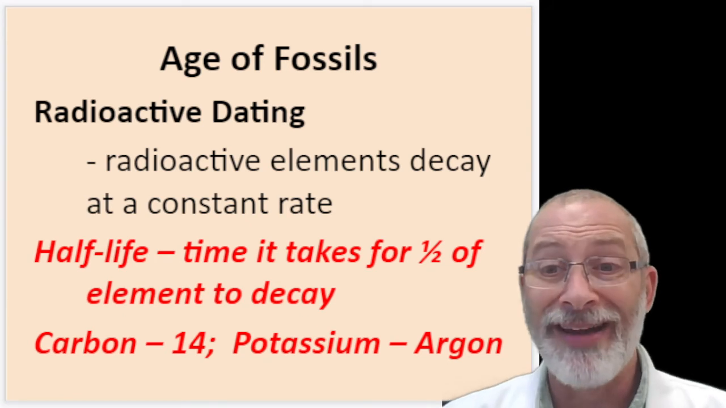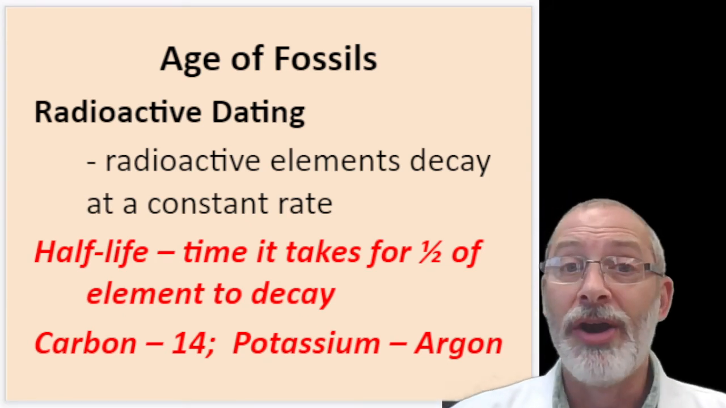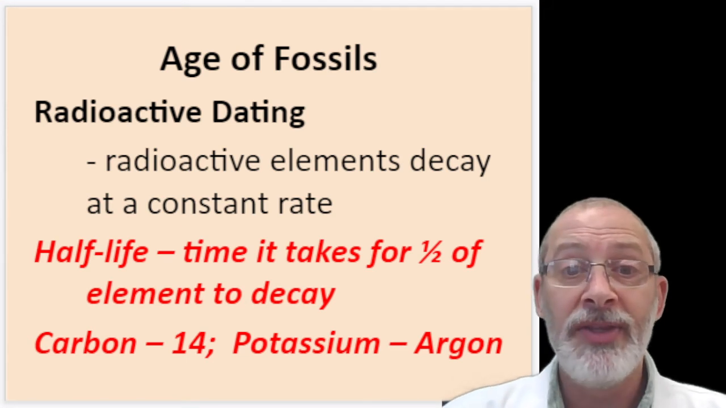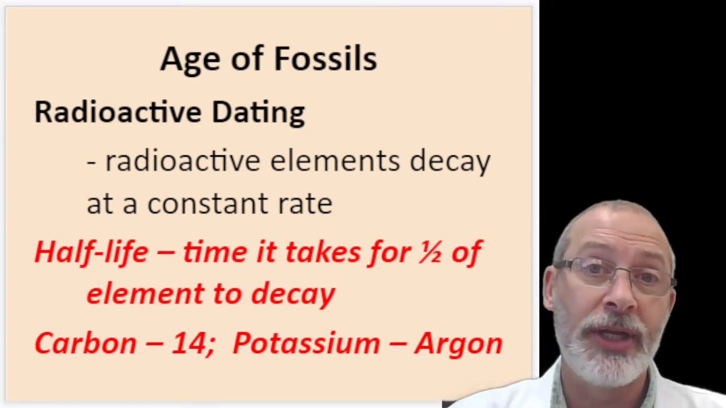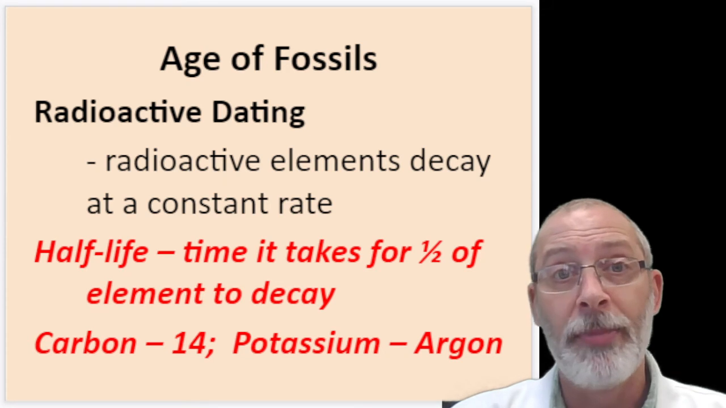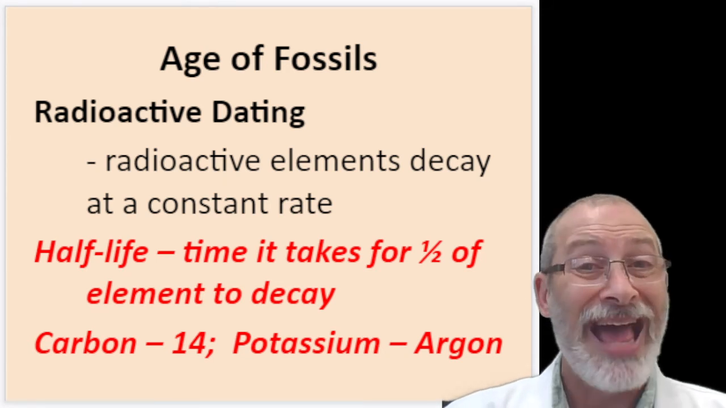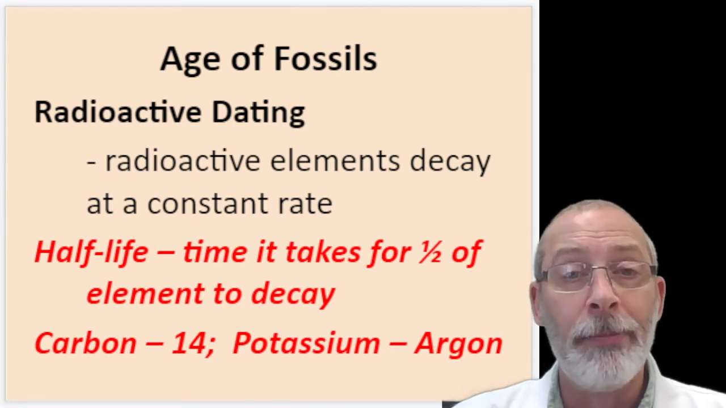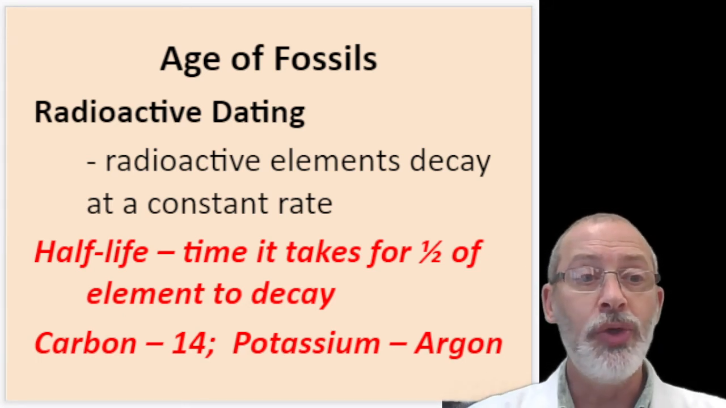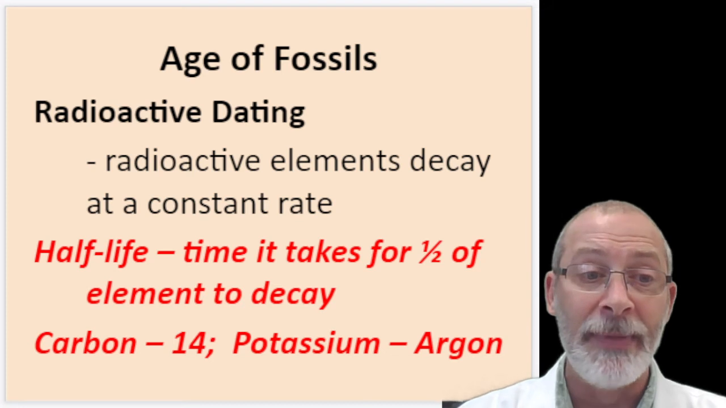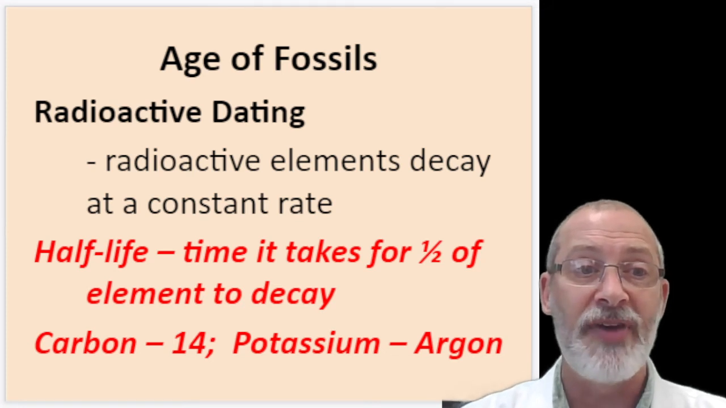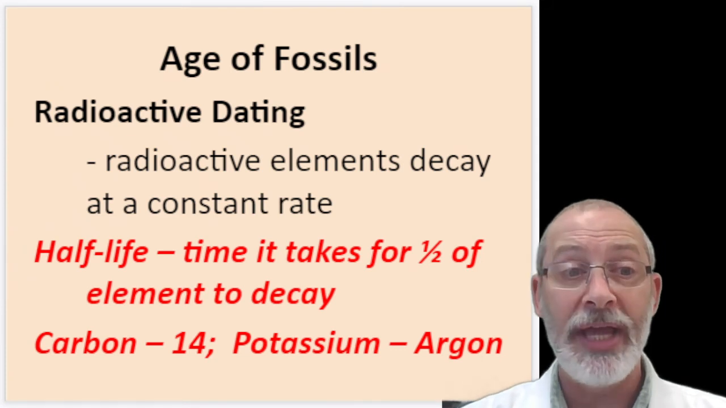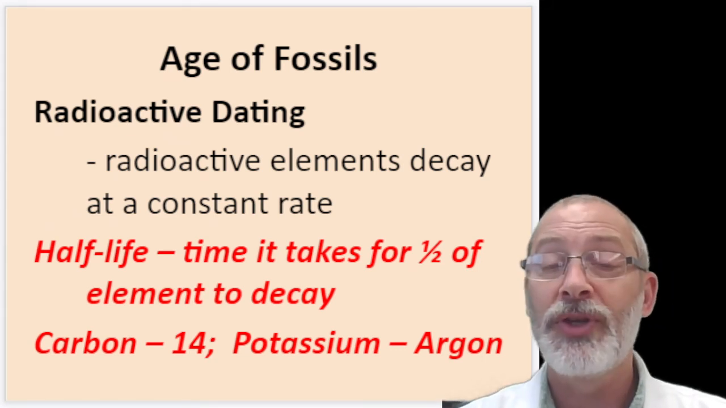Now, when we talk about elements, there are some really well studied elements like carbon, a particular isotope of carbon called carbon 14, potassium and argon, which decay at measurable rates. And so we use these kinds of elements to help us identify the actual age or the absolute age of fossils. Because here's the deal,